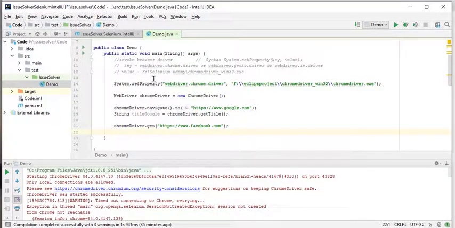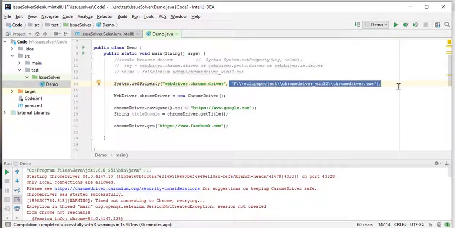I have a program where I navigate to two URLs, one is Google. For that I have created a Chrome driver instance, and I have set the system property with the key as Chrome driver, and I have given the exe path for my Chrome driver.